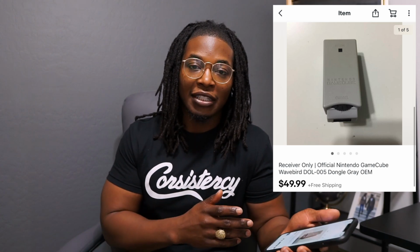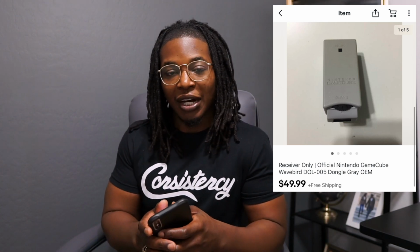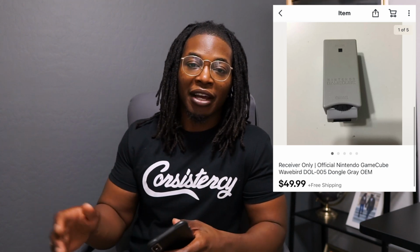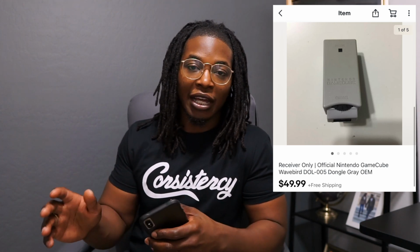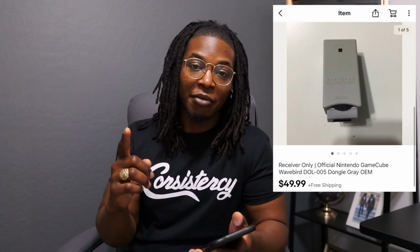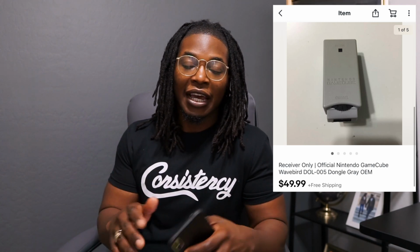You can barely find these. If you follow the channel, you know I tend to find a Nintendo Wii or maybe a PS3. I find those all the time. Even the original Xbox, I find those a couple times a week. But I've only found one Nintendo GameCube the entire time I've been thrifting, and anytime I find GameCube controllers,